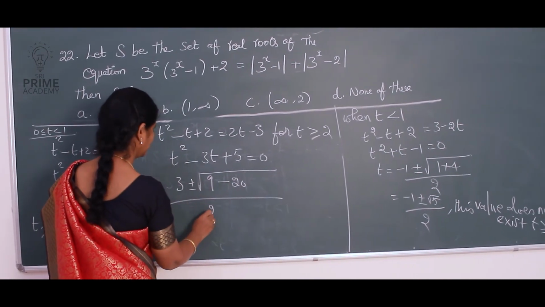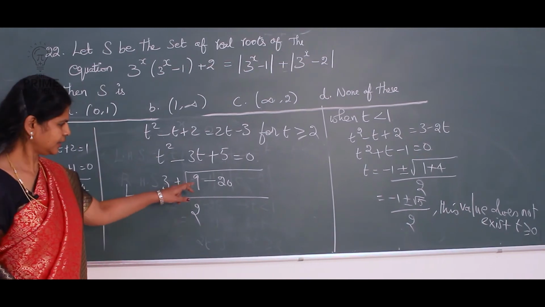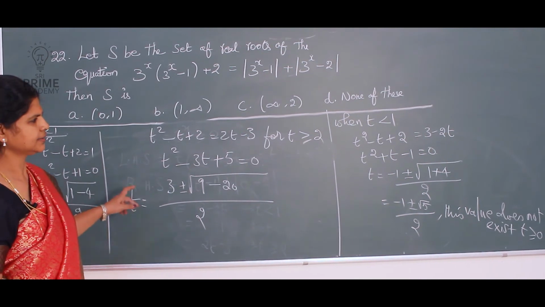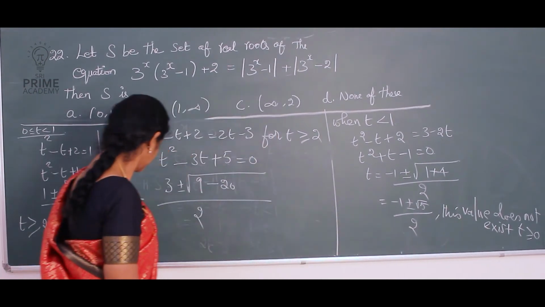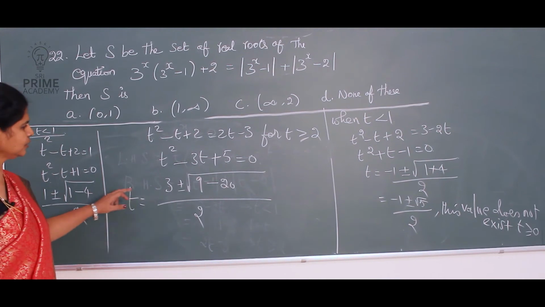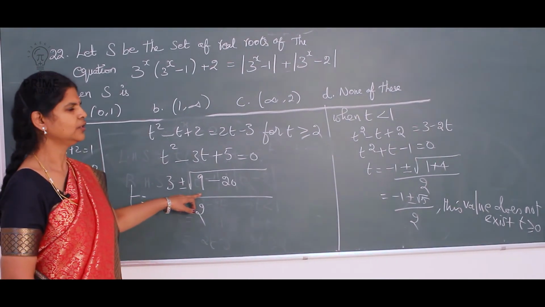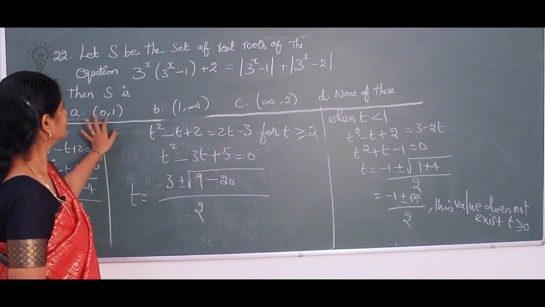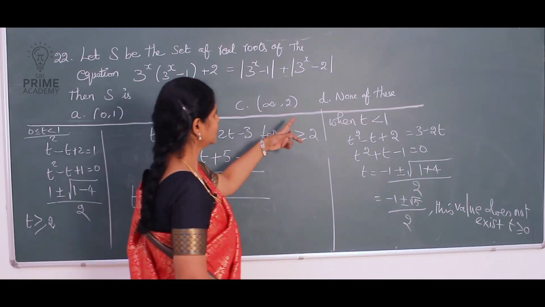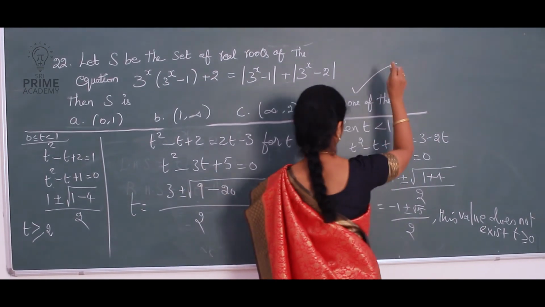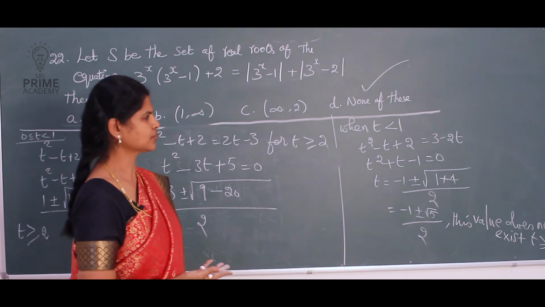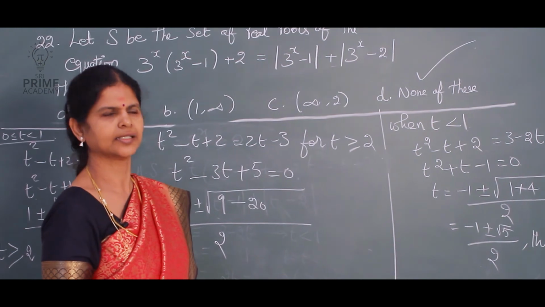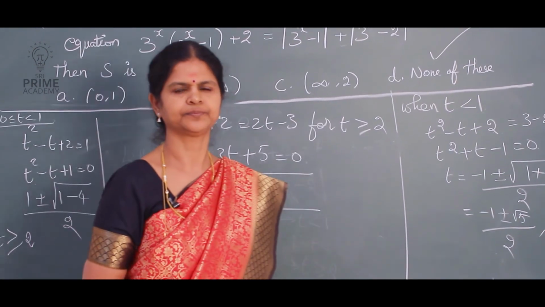divided by 2. So the t value again, we get a negative value inside the square root, a complex root. So in the three cases, in the first case you get a negative value, in the second case a complex value, and in the third case also a complex value. Therefore, no value exists. So in this problem the options are 0, 1, none of these. So none of these is the correct answer. Since no value exists in this question, the set of roots of the equation is a singleton set. So D is the correct answer.